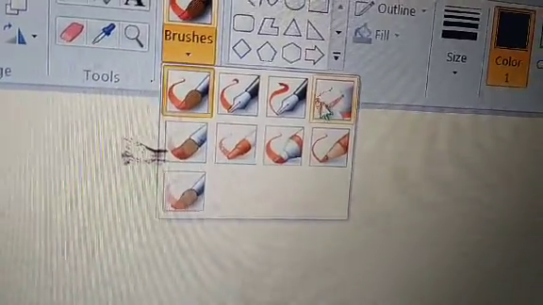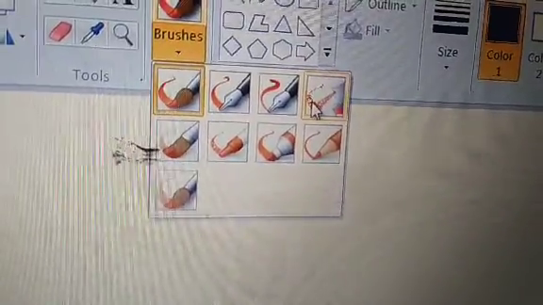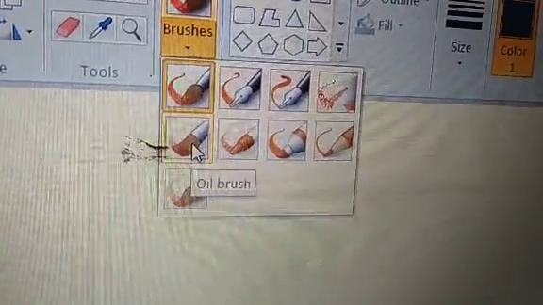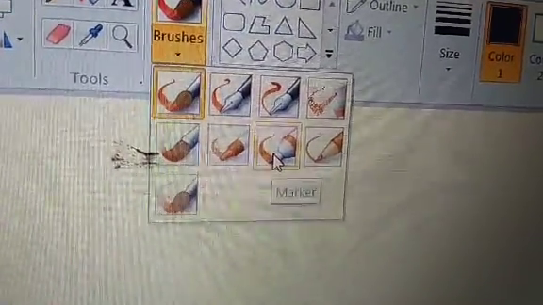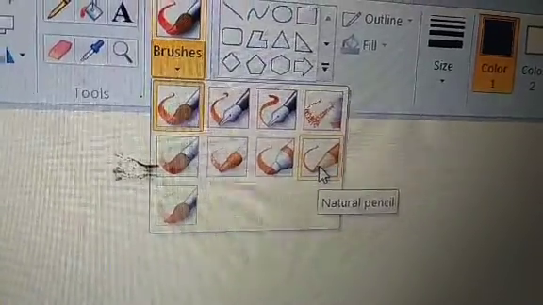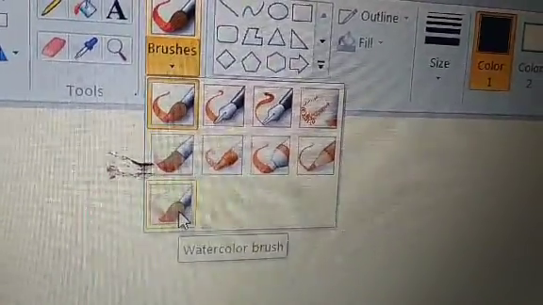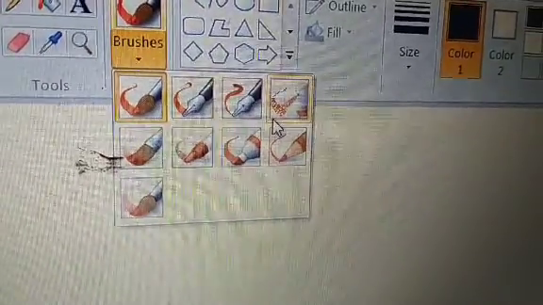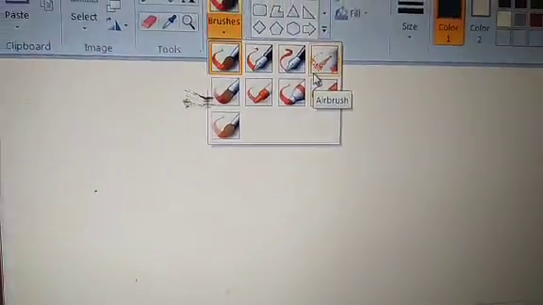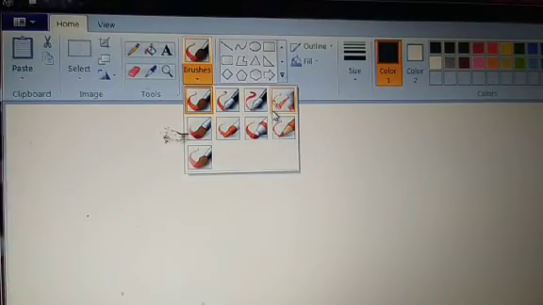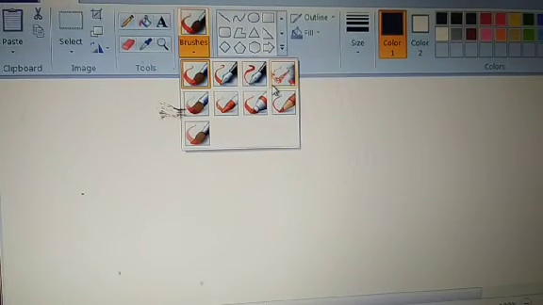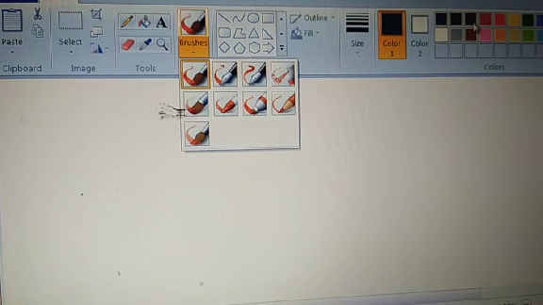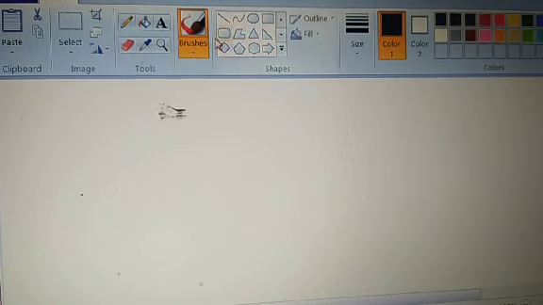This is the oil brush, oil color. This is the crayon. This is the marker. This is the pencil color, and this is the watercolor. These are 9 brushes. You have to remember each brush's name. Understood? So select the color, whichever color you want. And then go to the brush.